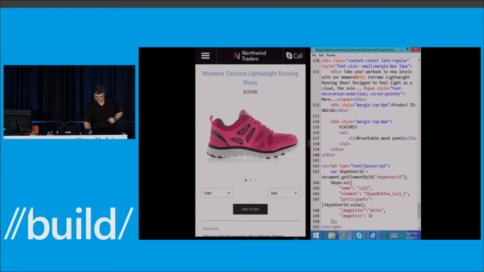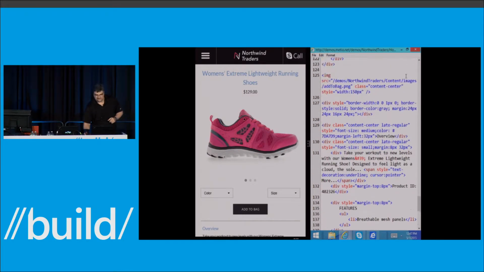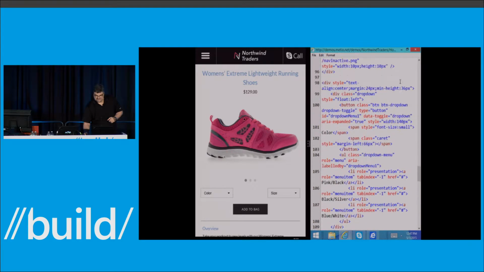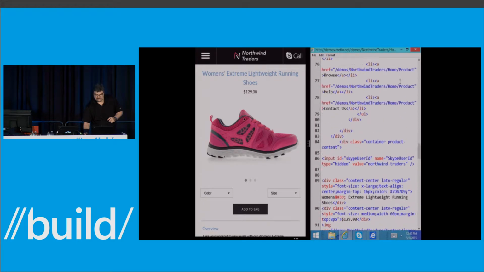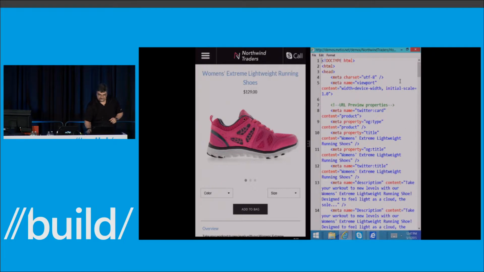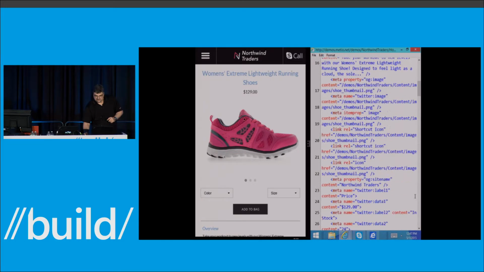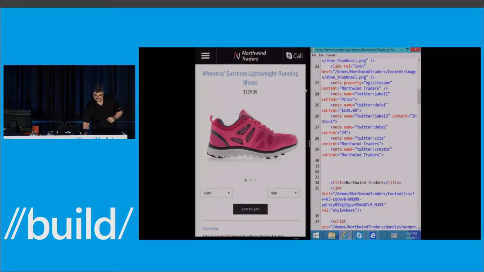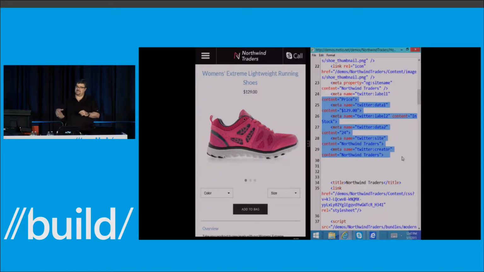You can see here that, in fact, I've got a few things going on. One of the things is that I've added some meta tags here at the top in a standard model. When I add these meta tags, you can see that it shows, for example, price and other information that URL preview will now pick up automatically. These are the same tags that you would populate for your URL preview in Twitter, in Facebook, and in other social sites. So the ability to make those tags now allows you to pick that rich data up in Skype